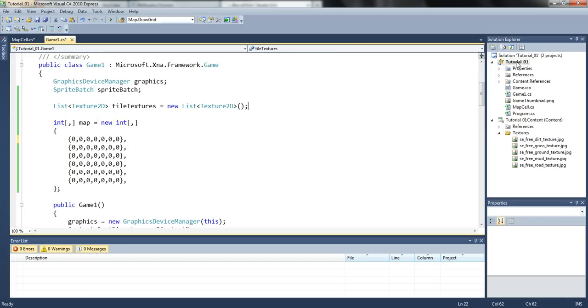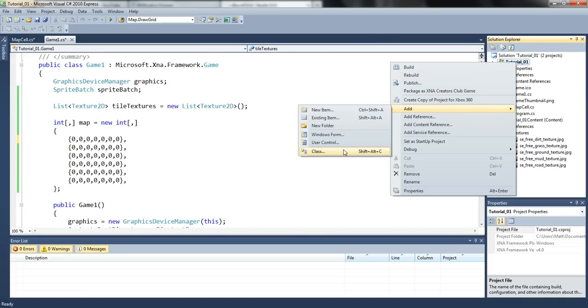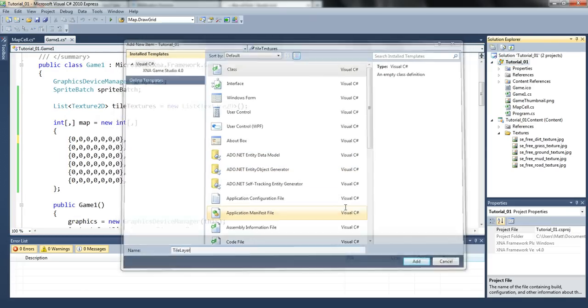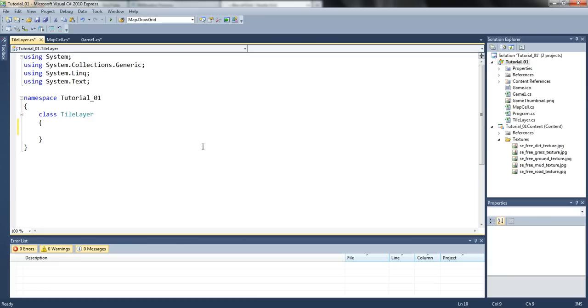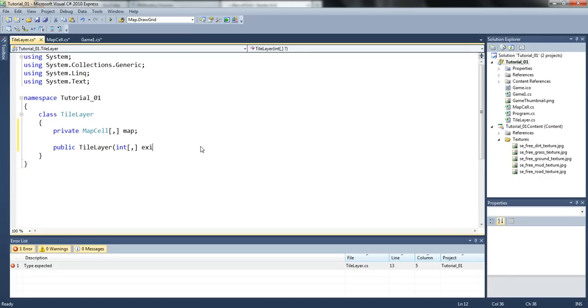We're going to create another class which is going to be called tile layer. So basically a tile layer, like before, is going to have a map. Now what is the map going to be? It's not going to be a multidimensional integer array. Like I said, it's going to be a map cell multidimensional array. So now, constructor for a tile layer, you can have that. And what we're going to do is pass it an existing map, and you also need to pass it